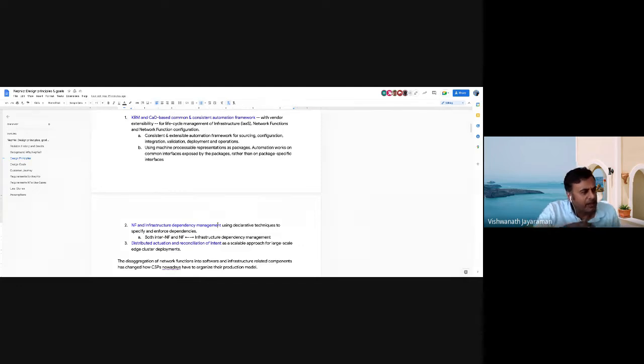And second, I remember that number 2, network function and infrastructure dependency, was not going to be part of the initial goal. That might come later, is what I was thinking. So I'm trying to think which design principles will be exercised for the community to see from Google's initial code. Is it something that you'll be able to elaborate on?